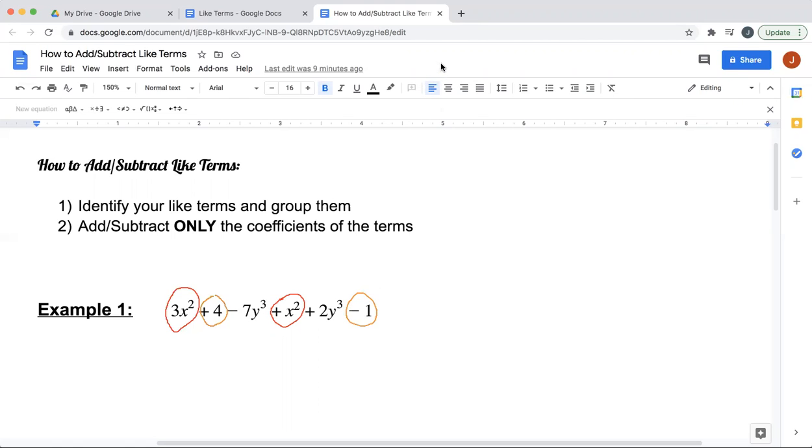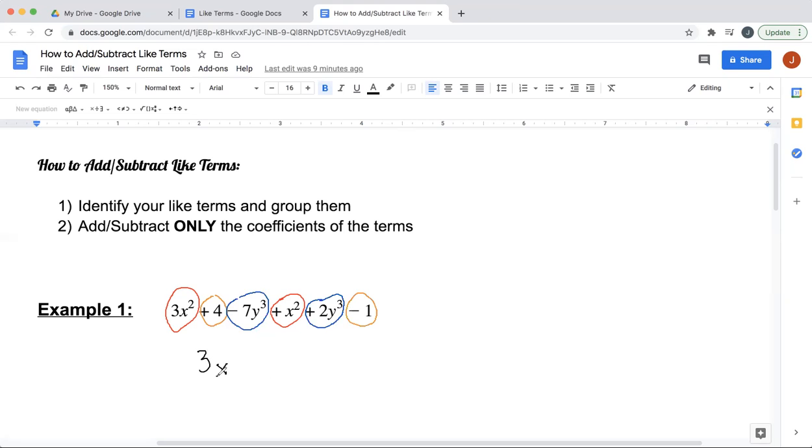So they count as like terms as well. Lastly, I'm going to be circling this negative 7y to the power of 3 and the positive 2y to the power of 3 because they have the same variable, which is y, and the same power on the variable, which is 3. Okay, so now that I have them all identified,